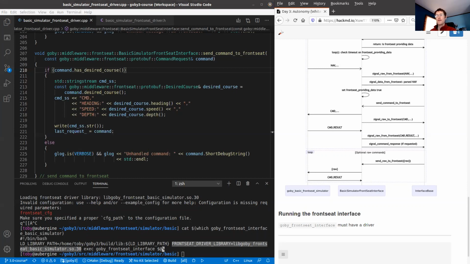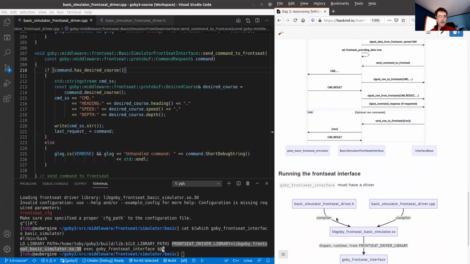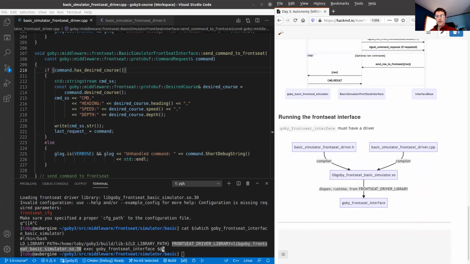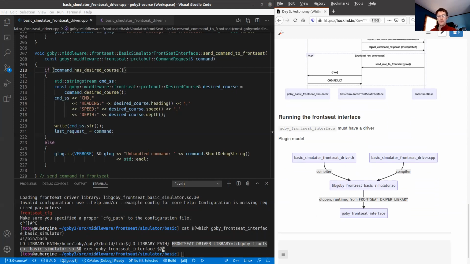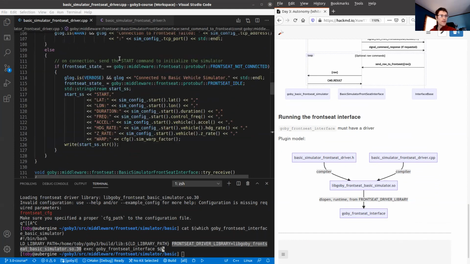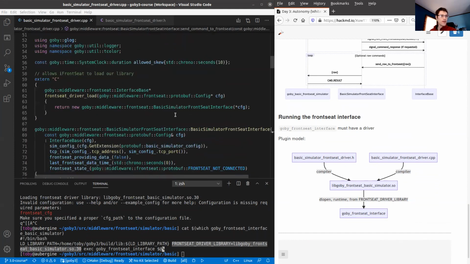And let me maybe make this a little bit more clear by a figure. So this is the plugin model for Goby front seat interface. You have some code for your driver that you compile into a shared library, and that shared library must have an implementation of the front seat driver load function, which is a C function.